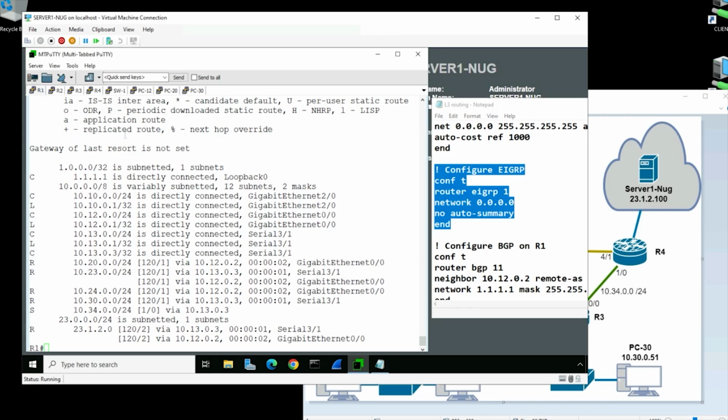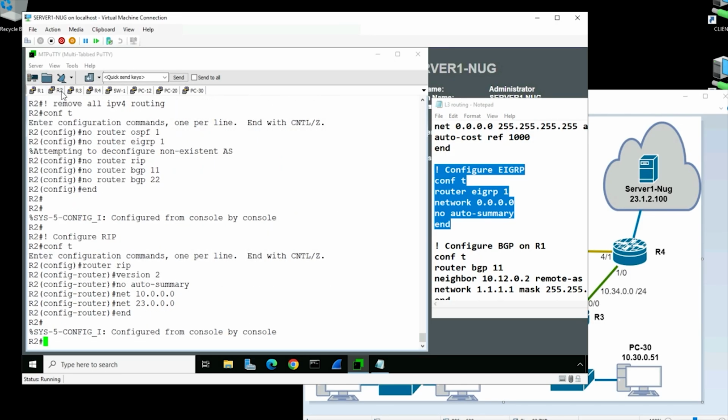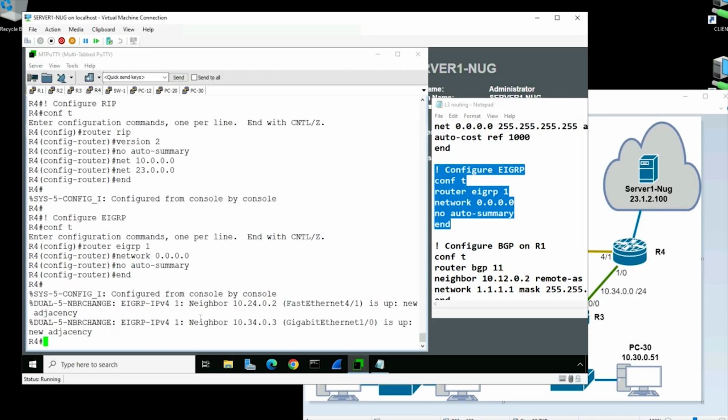So I'm going to go to router 1, right click, put it there. Go to R2, right click, put it there. R3, right click, put it there. R4, right click, put it there. And you'll notice we have these neighbor adjacencies that come up. We're making these formal neighbor relationships with other EIGRP speakers, which is a fancy way of saying other routers running